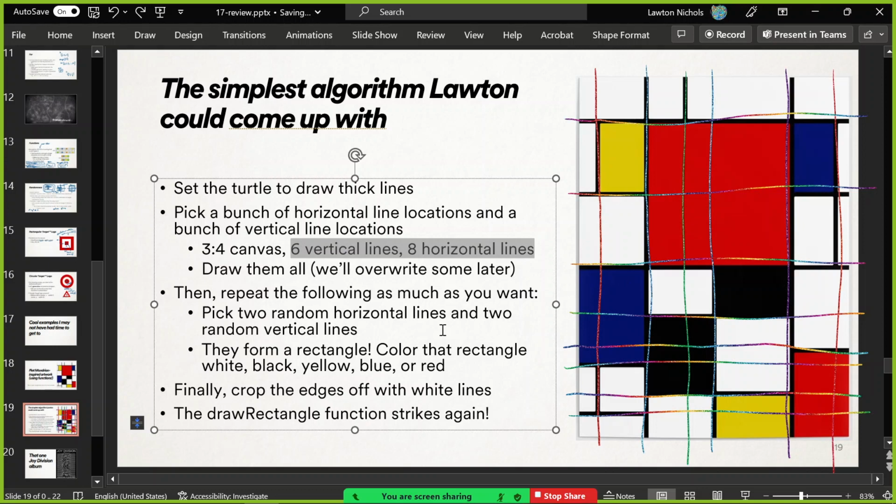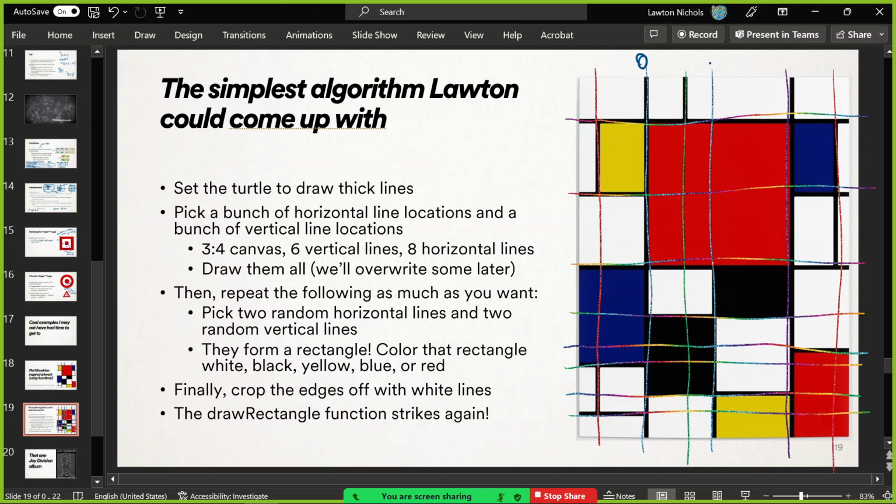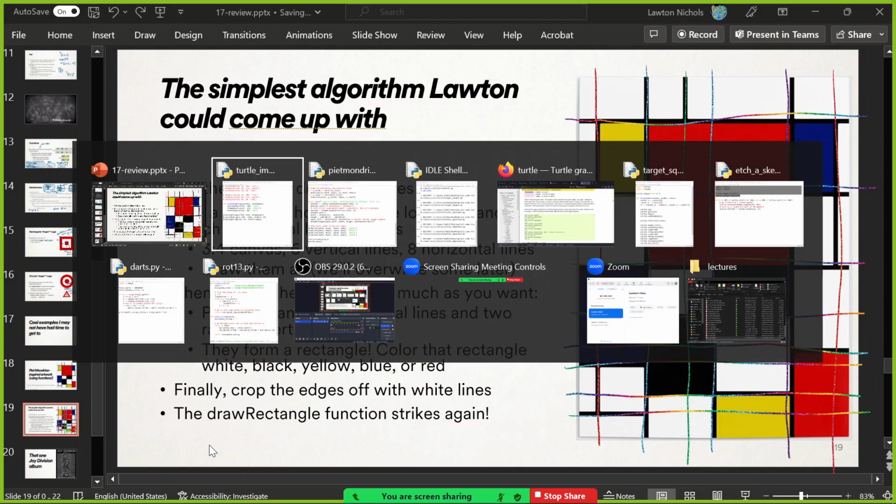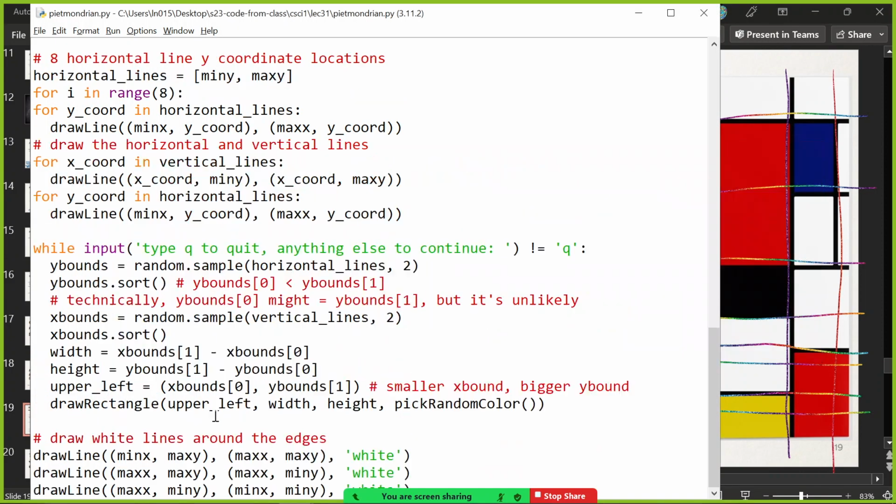And then repeatedly pick 2 horizontal lines and 2 vertical lines. If you pick these 2 and these 2, those correspond to the start and end points of a square or some rectangle. Then pick a random color and fill it in. And then eventually crop off the edges as well. It's just a very, very complicated use of draw rectangle. That's really all. I believe that you could understand this if you thought about it long enough.